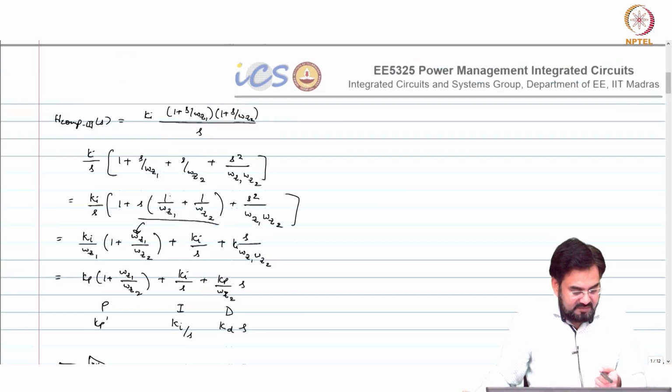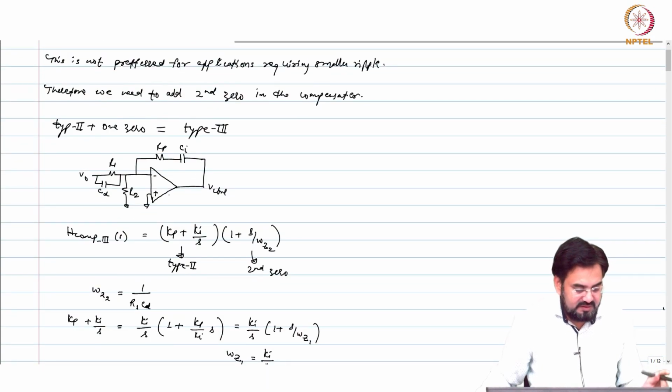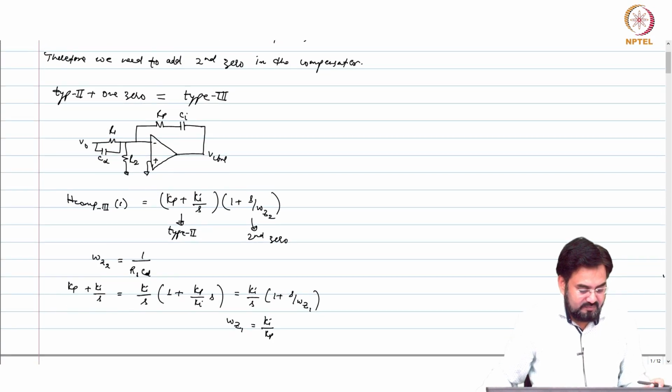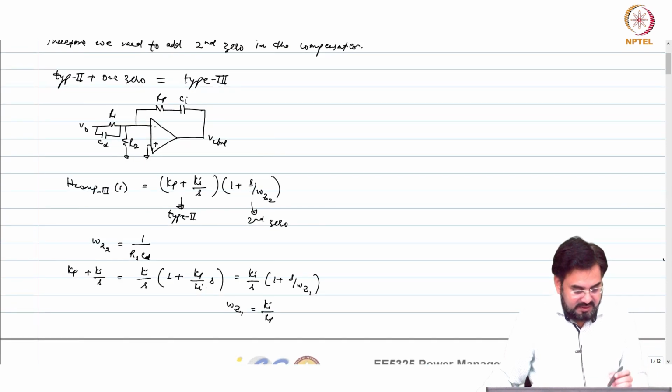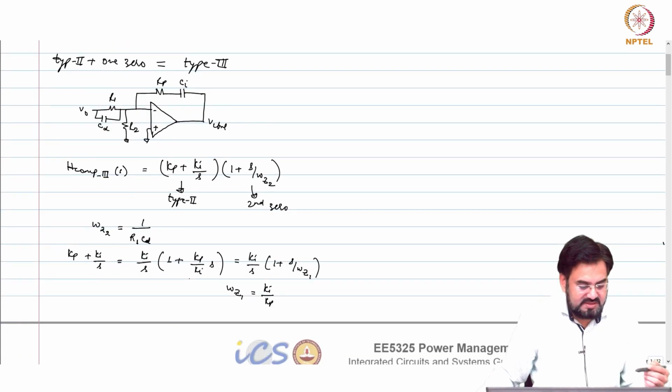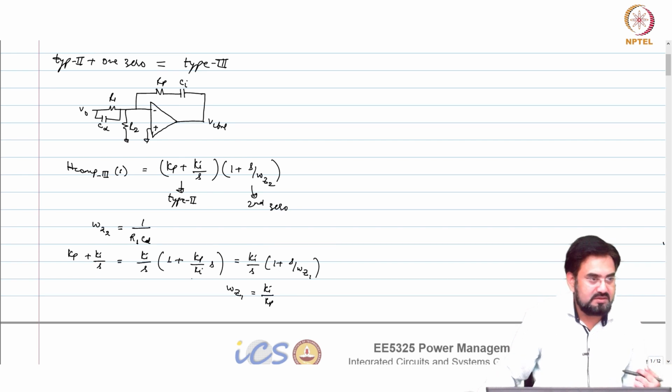So, if I want to write Kp from here, what will that be? Rp over R1? Correct. Because Ki is 1 over R1 Ci, okay, and omega Z1 is RpCi. So, Ci cancels out. So, Rp over R1. And if you intuitively want to look at it,